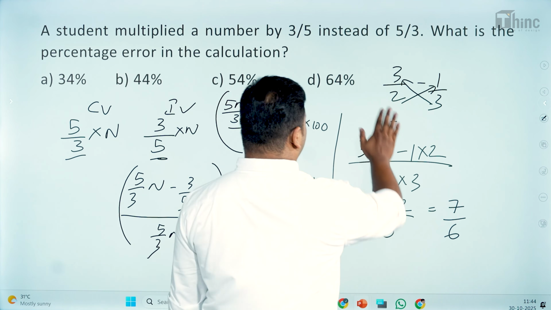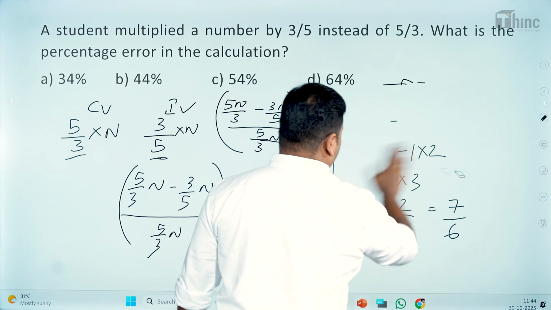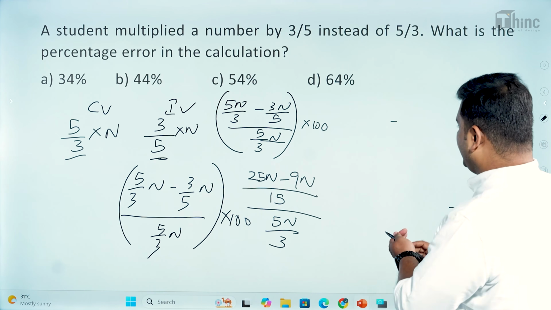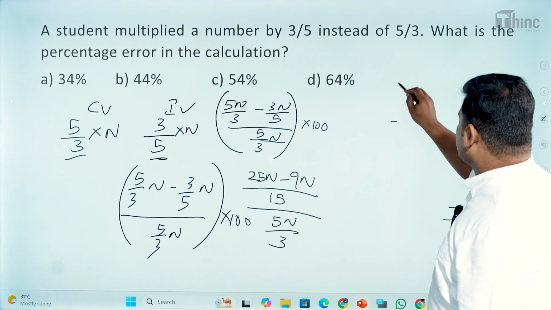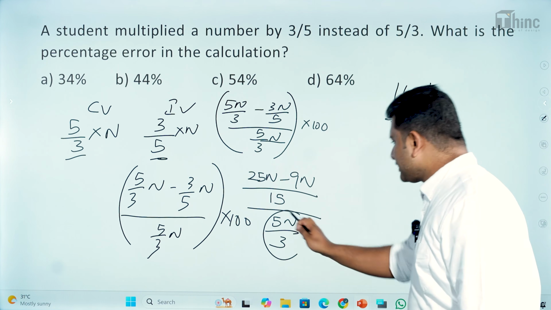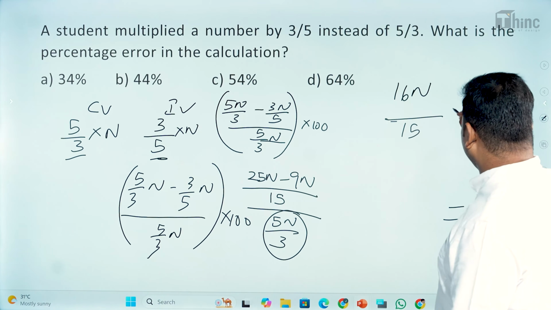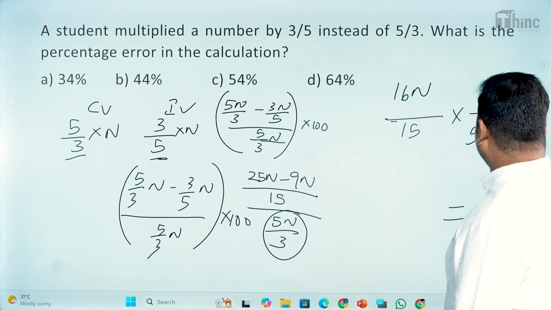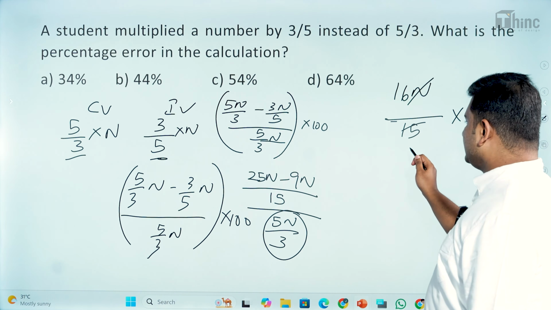Okay, let me just write it to the right. Clear. So what is this going to be? 25n minus 9n, that is 16n. So we are getting 16n divided by 15. When you divide a fraction with another fraction, what can we do? We can just take the reciprocal and multiply. So this is 16n by 15. We can just take the reciprocal of the denominator and multiply, so into 3 by 5n, right? Now n and n cancel off. 3 and 5 cancel off. So we'll get